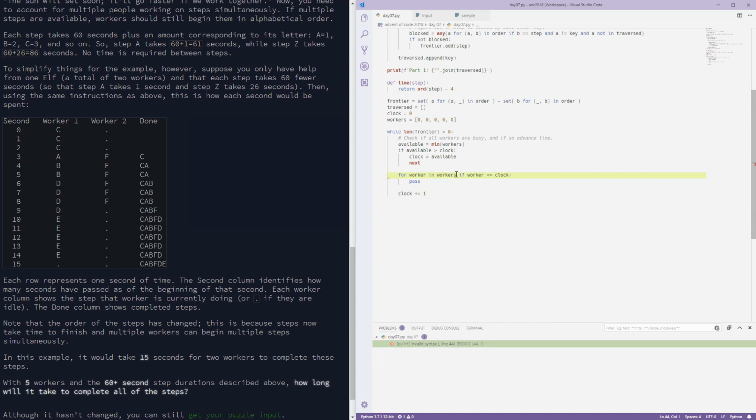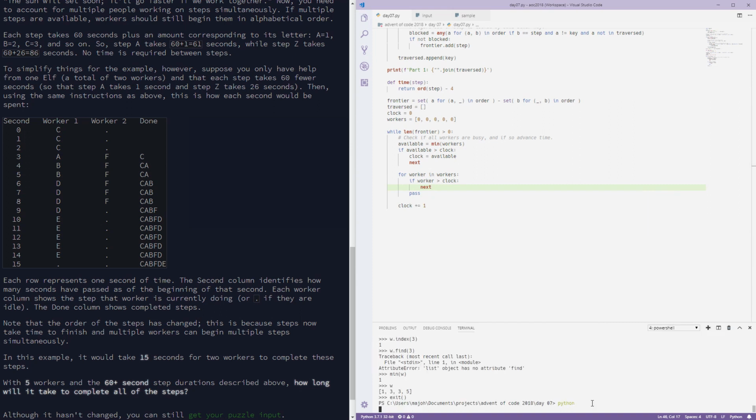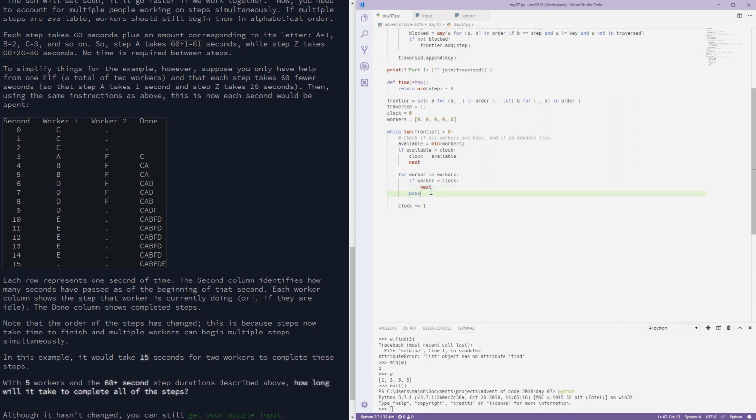Nah. If worker is bigger than clock, then next. Okay, so